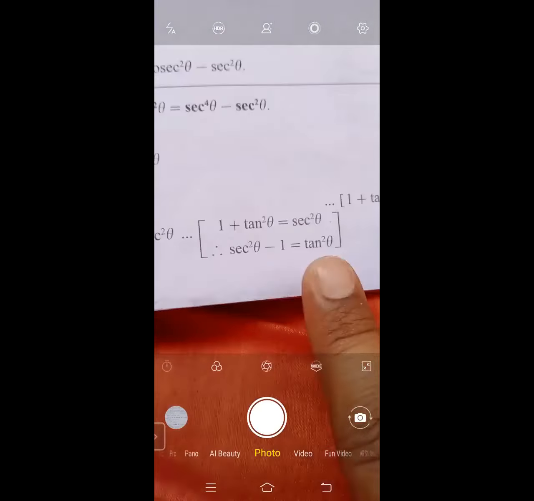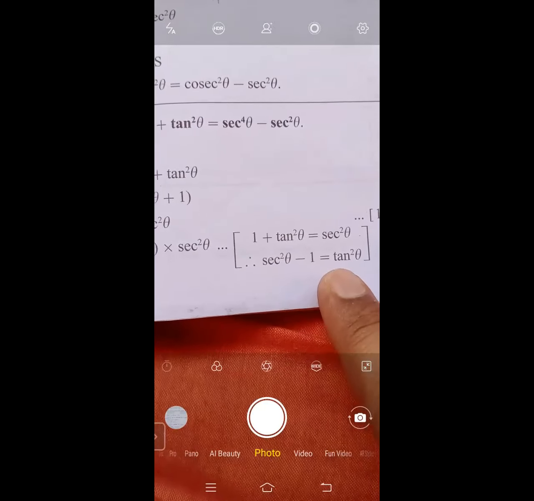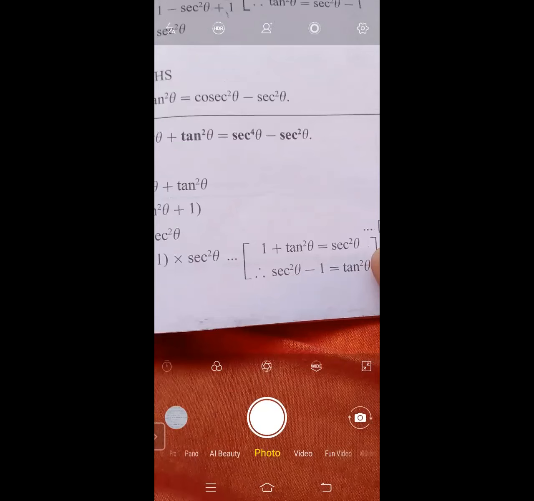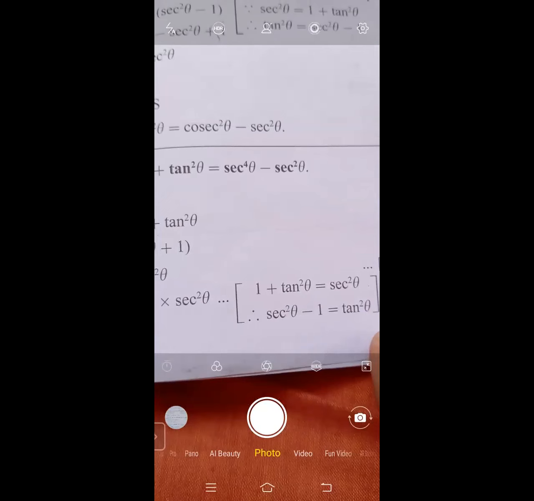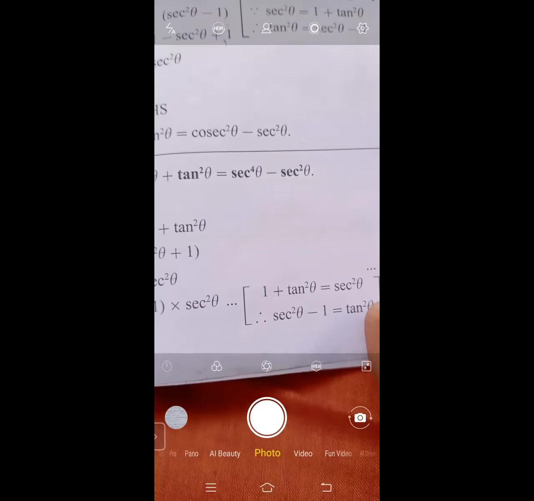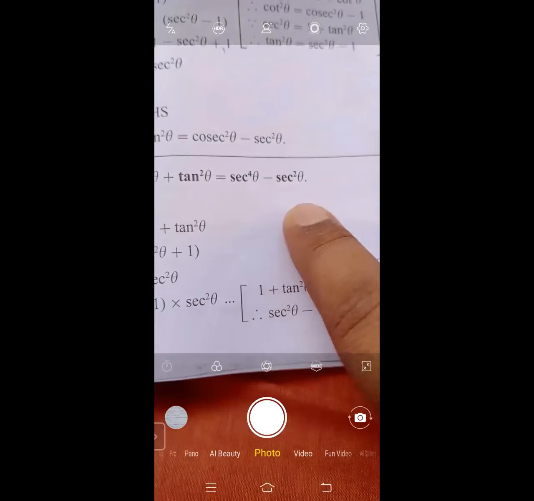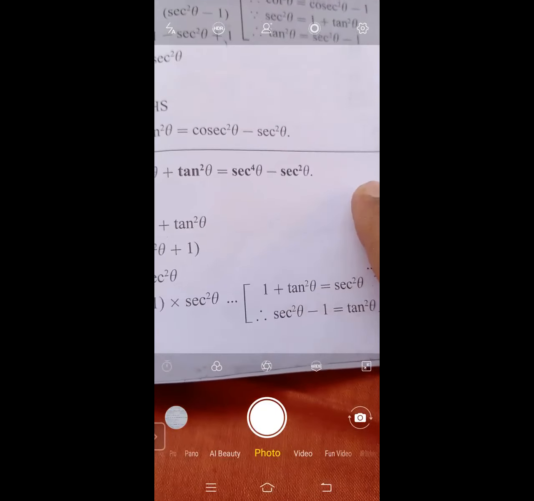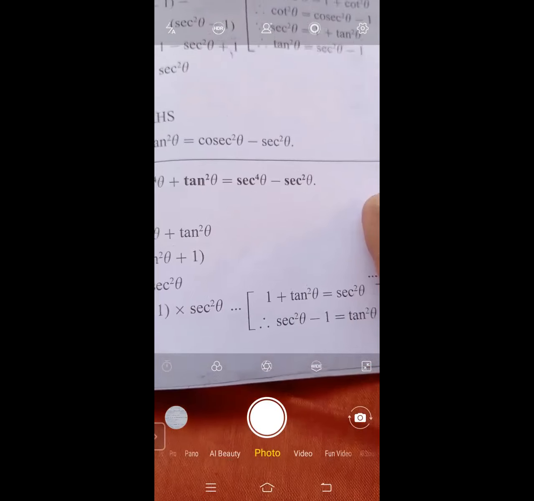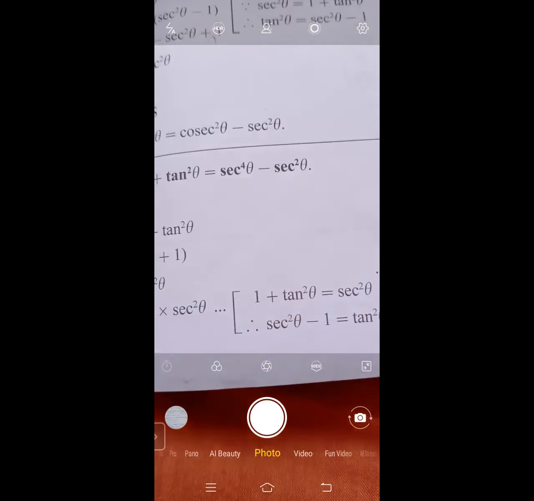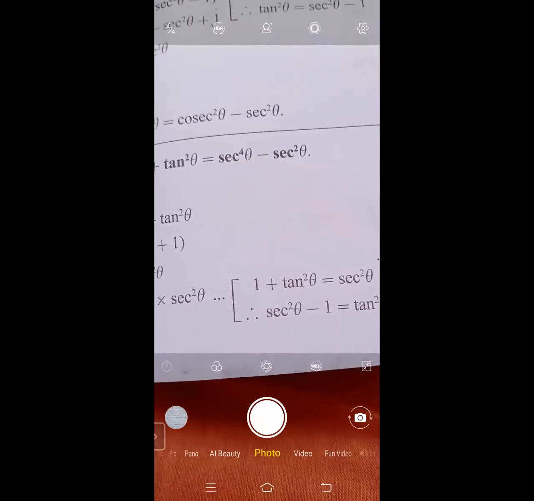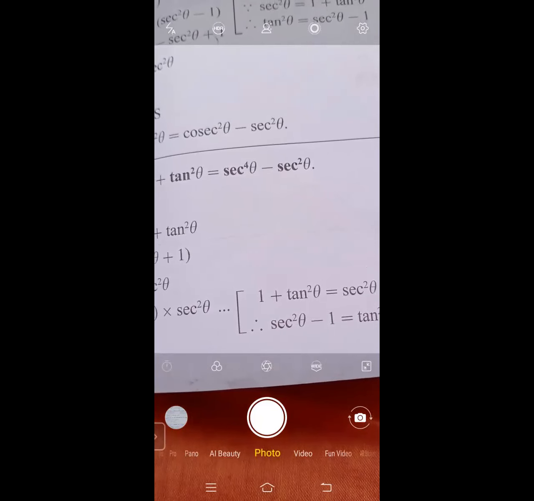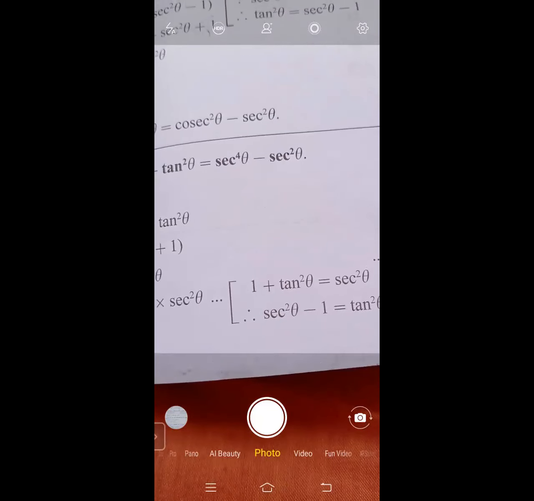Now what is required in these sums? Just to understand how to substitute these equations is important. Using these identities, by changing whatever we want as per our requirement and then substituting it, we get our required result. So solve these sums again and again. These sums require practice, but when you practice 2 to 3 sums, you will get the confidence to solve any other sum which you get in your exams.